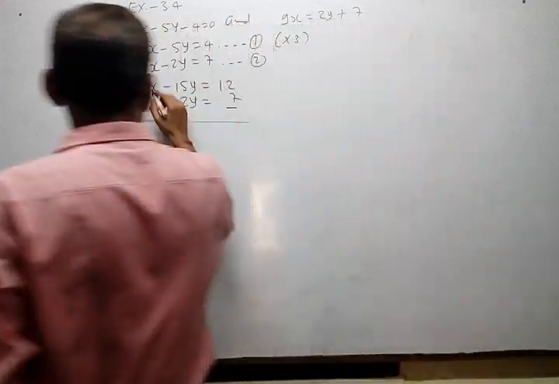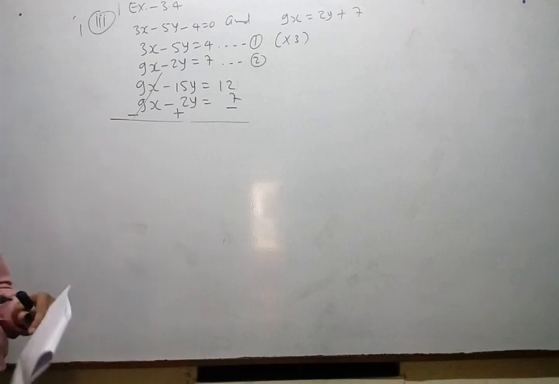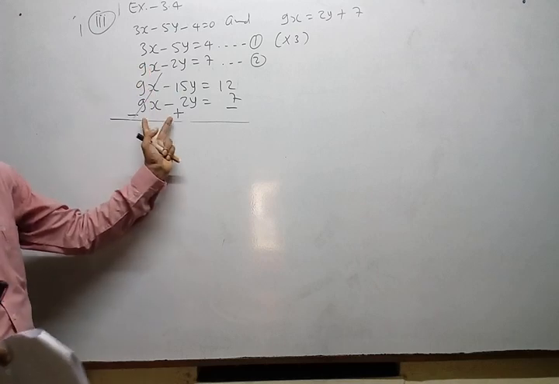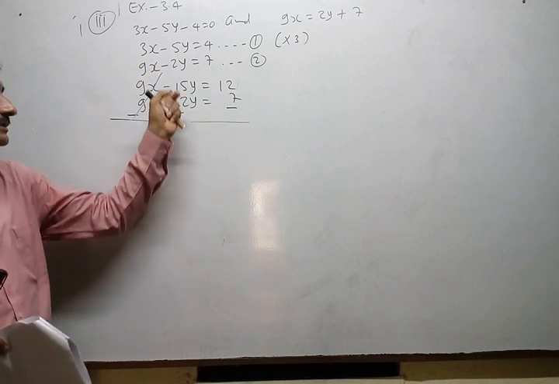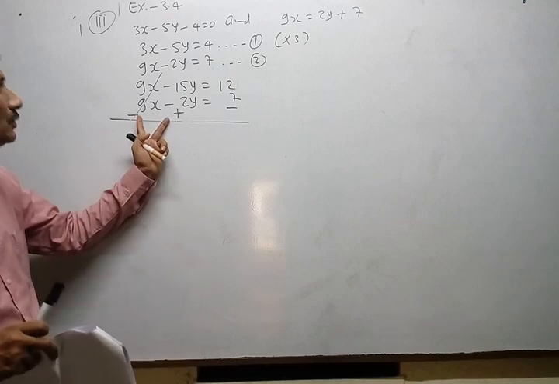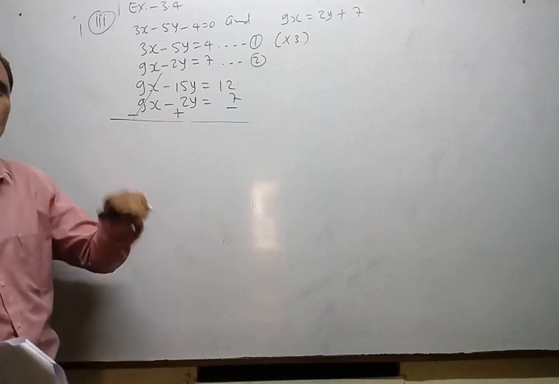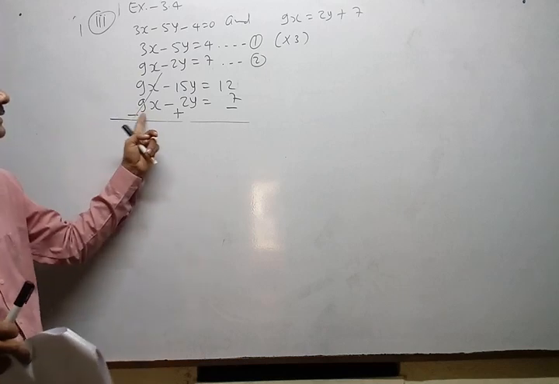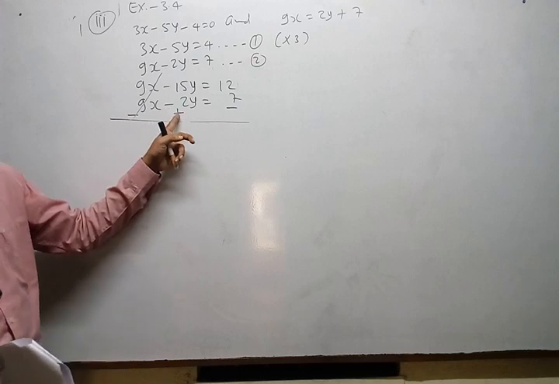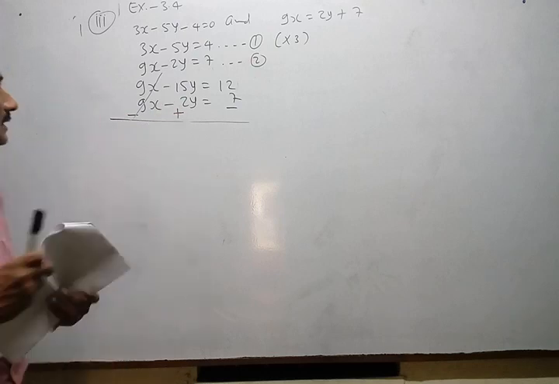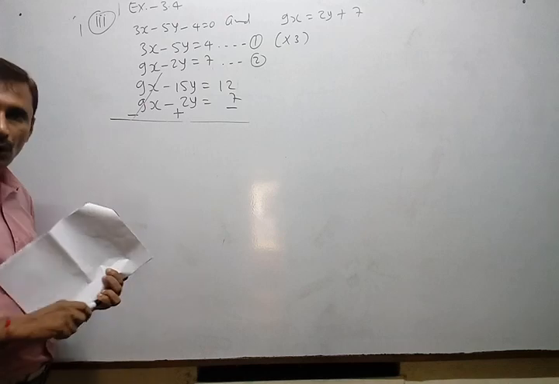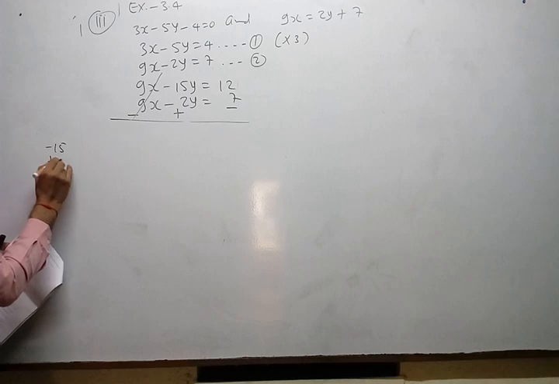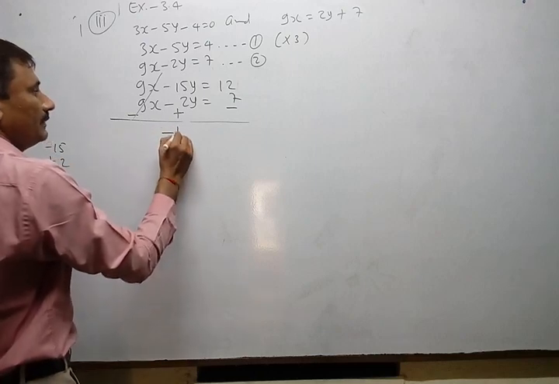Now we can eliminate x. Again, wherever signs are the same, not opposite, at that time you have to subtract the below equation from the above equation. How to subtract an equation? By making the sign of all terms opposite. Look here. Now consider the new sign only. Forget the original one. So 9x minus 9x is 0. Minus 15y plus 2y, minus 15 plus 2, obviously minus 13. So write down here minus 13y.